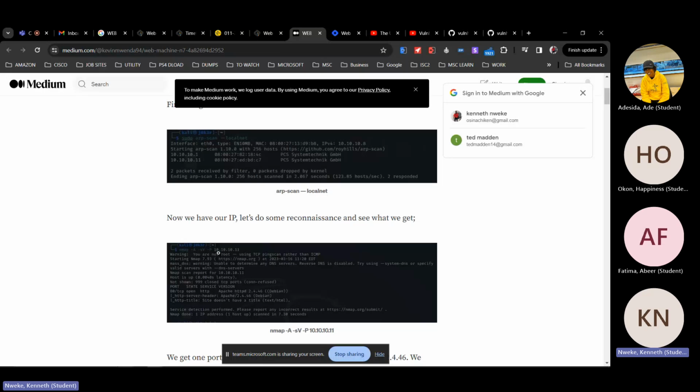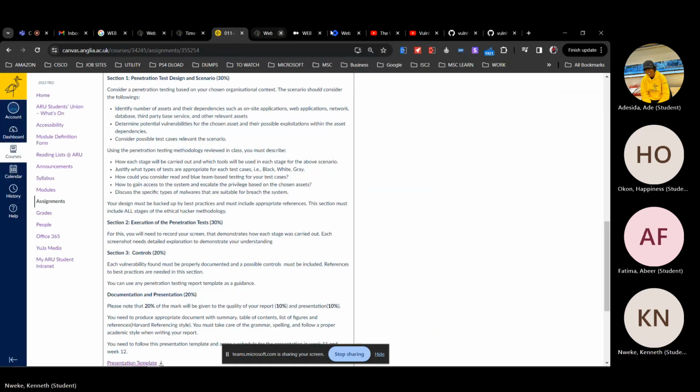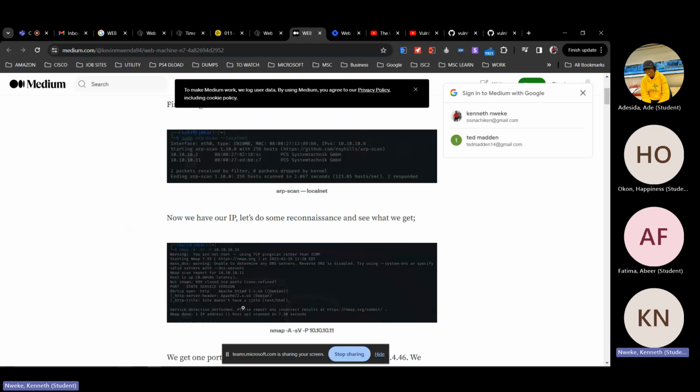So if he searches for ports, he's going to find port 80 is open. He only sees port 80 open on this one. So this is a potential vulnerability. You see what he says here? Apache 2.4.46, right? So what I'm trying to show you is the relationship between section 2 and 3. If you've done Nmap and you found Apache 2.4.46 existing,